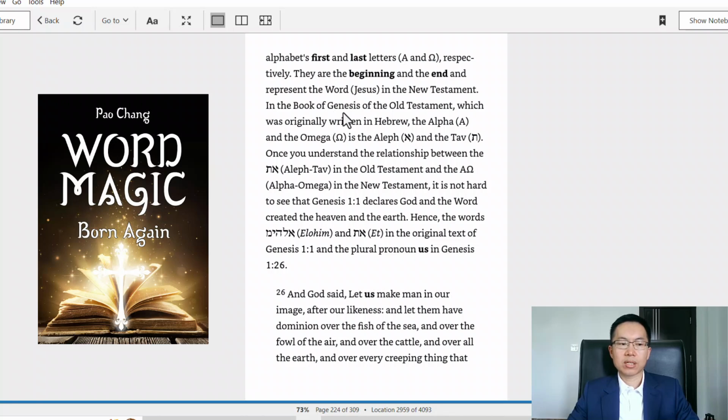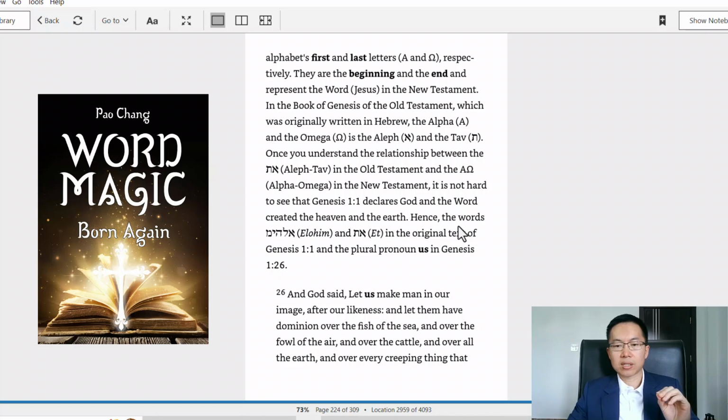In the book of Genesis of the Old Testament, which was originally written in Hebrew, the Alpha and the Omega is the Aleph and the Tav. Once you understand the relationship between the Aleph Tav in the Old Testament and the Alpha Omega in the New Testament, it is not hard to see that Genesis 1:1 declares God and the Word created the heaven and the